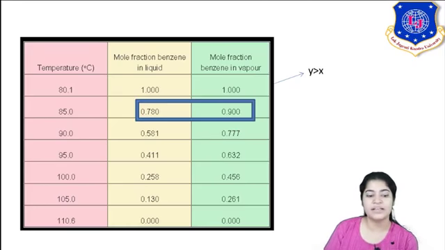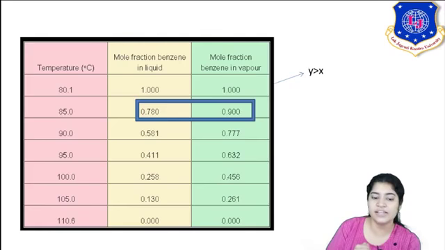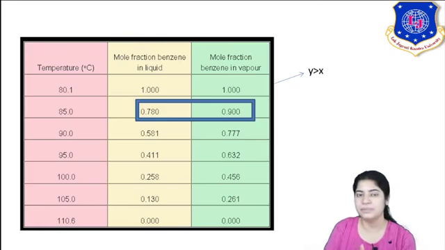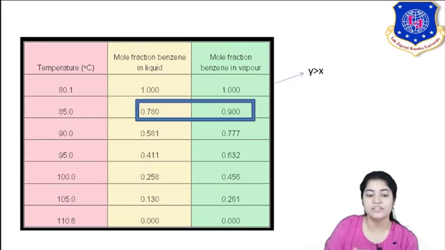And similarly, now at that temperature, no more separation can take place. Okay, that is the limitation. If my benzene in liquid is 0.78, then the corresponding vapor is 0.9. So I can say that these are the compositions of my tie lines. If I represent this in a TXY diagram, this would be the composition in the tie line.